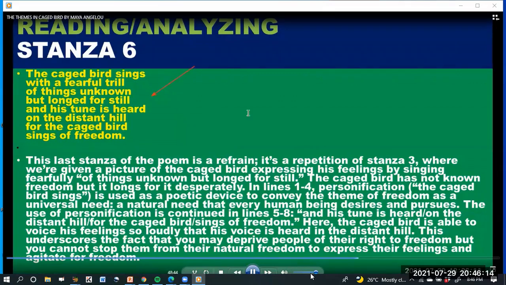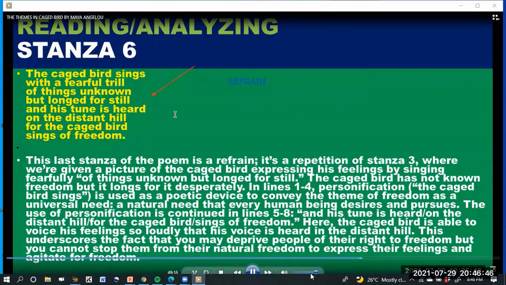And so if we look at this stanza, it's a repetition of the previous stanza. And that is what is called refrain in literary terms. In literary analysis, a refrain is a repeated line or a repeated stanza or a repeated aspect or part of a work of art,